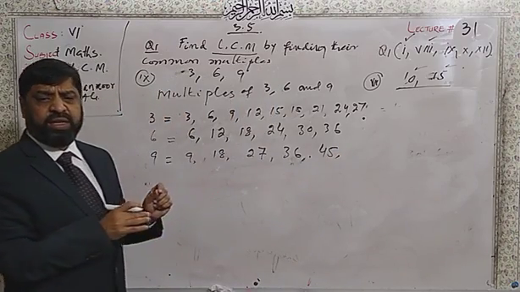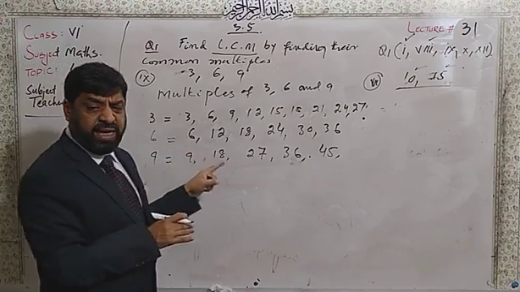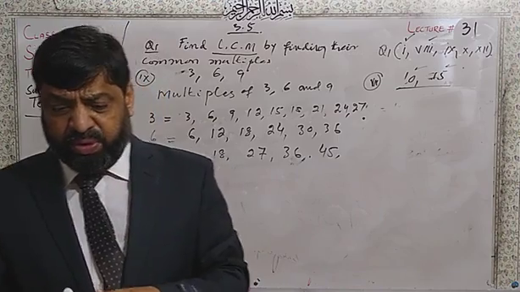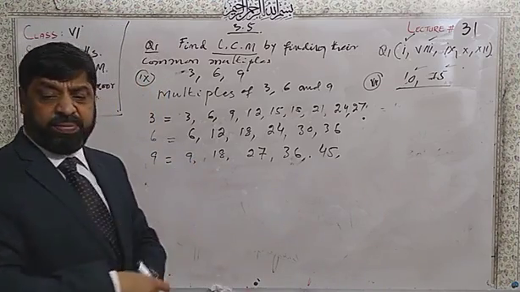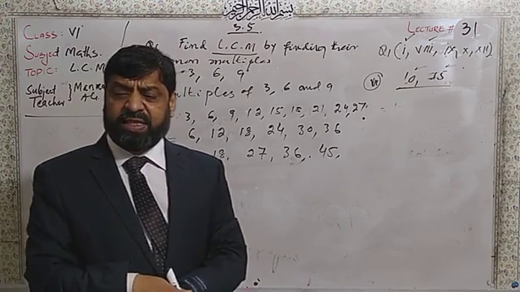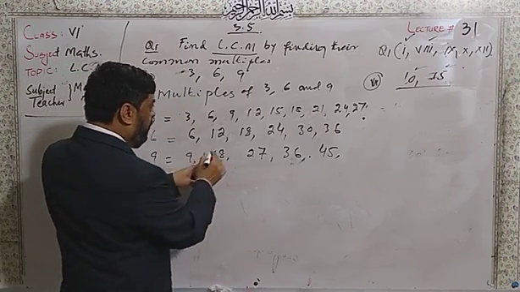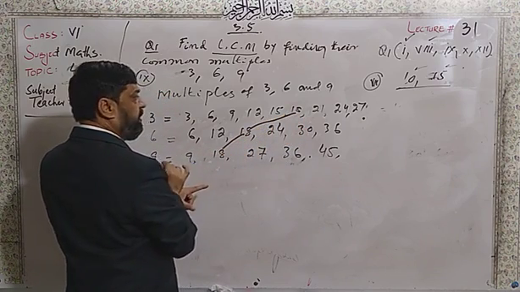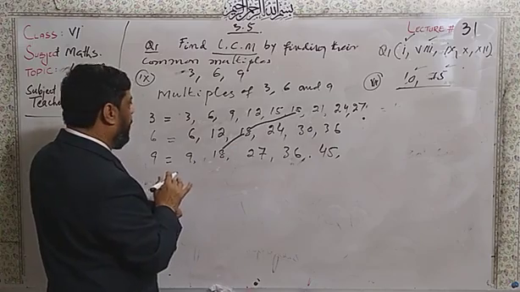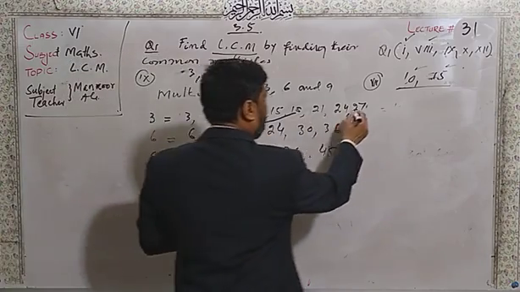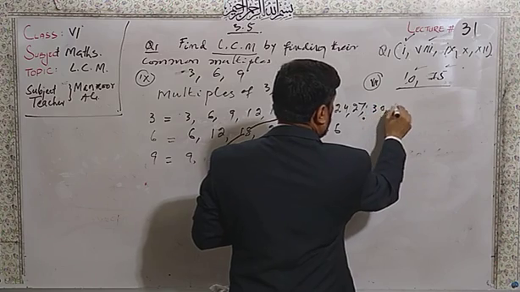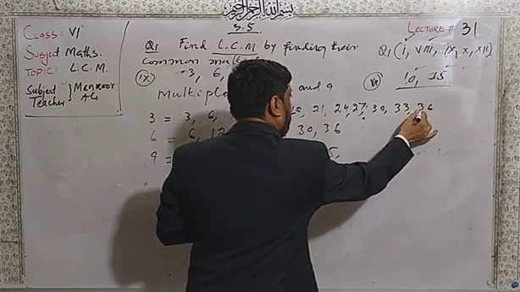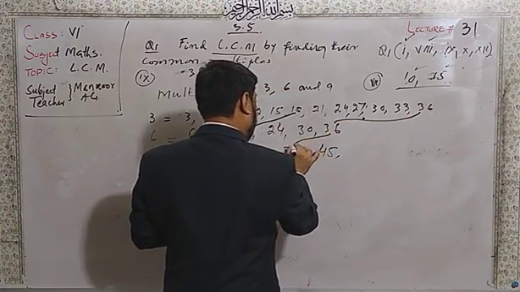Now think about here, 45. The number that I have got here, we still need more up to 45. If I stop there, then what are the two numbers? First, 18. This is the first common. And from here, I will proceed up to 30, 33 and 36. Now the second number that is common here is 36 and 36.